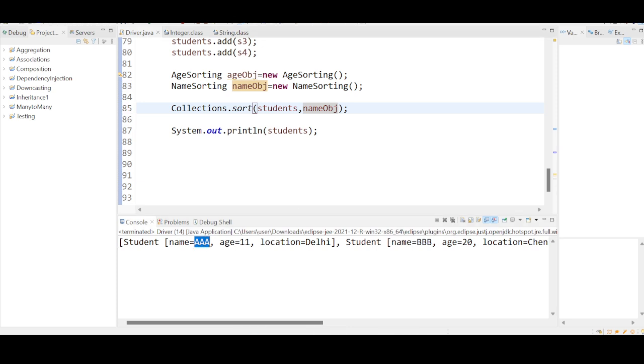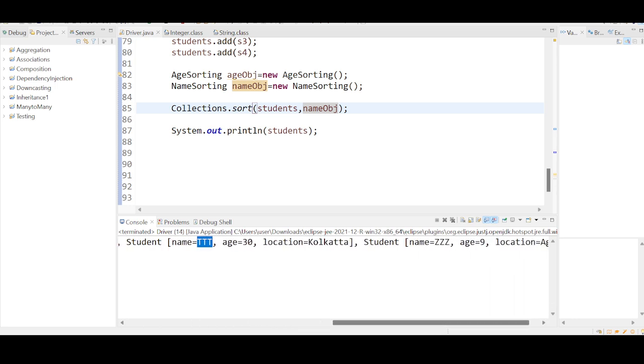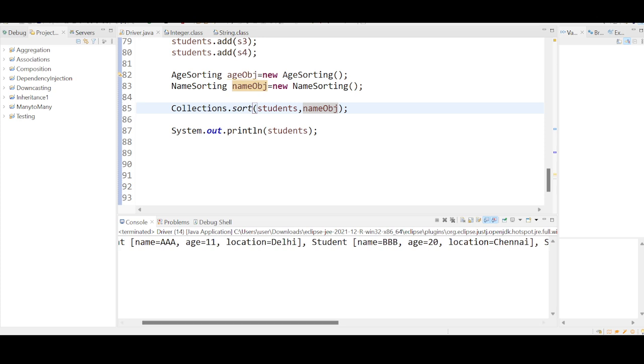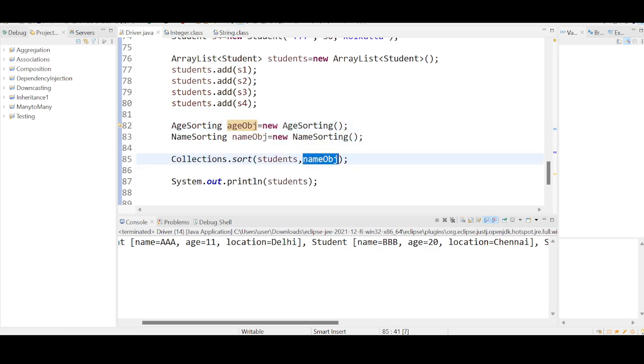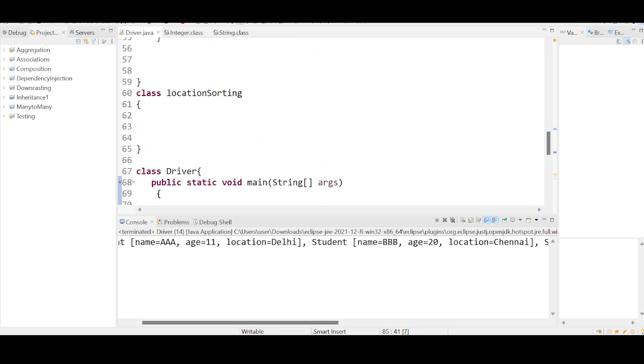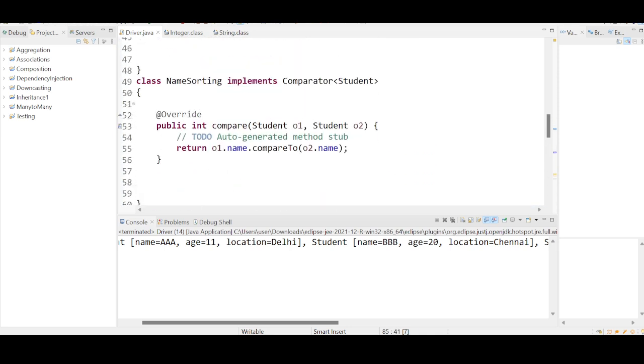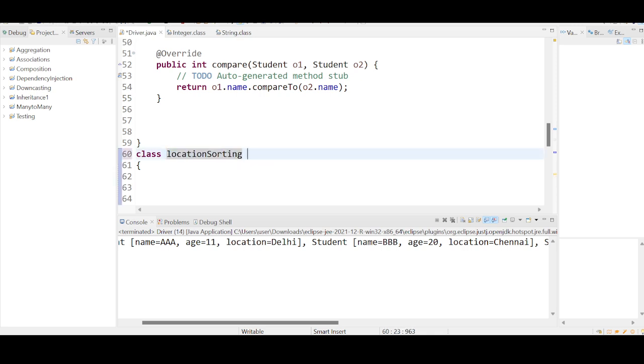See, now names are sorted. A, you are getting after A, B B B, then T T T, then Z Z Z. You have an option, that control you have. If you want to sort age, pass the age comparator object. If you want to sort name, pass the name comparator object. If you want to sort location, same thing you do. Develop a comparator object for the location,